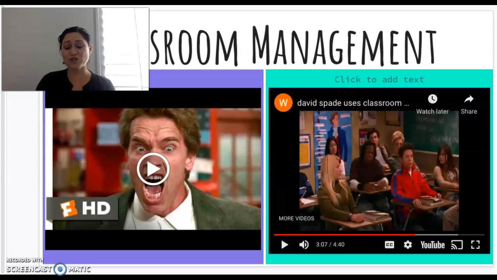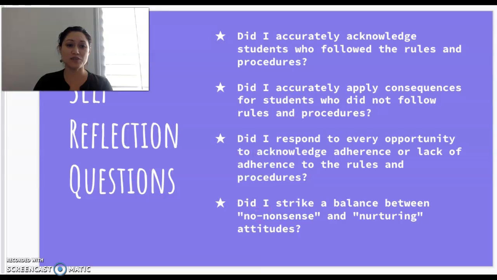So those are two very different examples of how to use classroom management. But we should be reflecting on our classroom management skills and how we were able to keep cool and be consistent by reflecting daily. And technology can help facilitate this, but some of the things that we can begin with